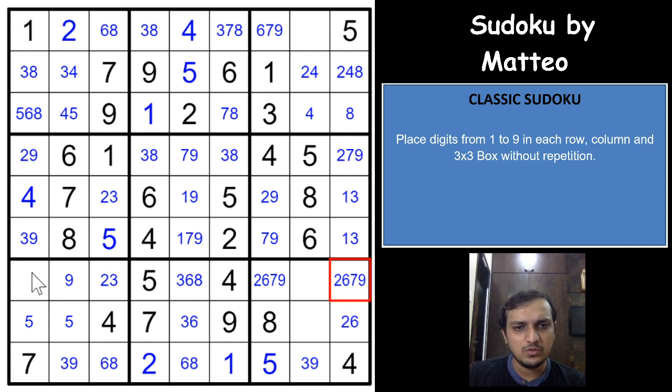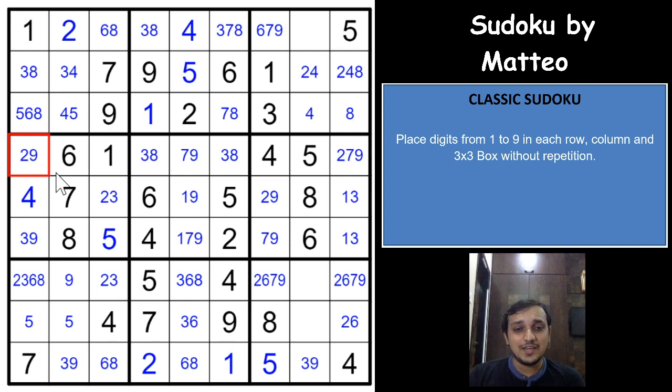Let us see this cell now. So 1 is not possible, 2 is possible, 3 is possible, 4 is not possible, 5 is not possible, 6, 7 is not possible, 8 is possible, and 9 is not possible, because you have a 9 here pointing right. Okay, let us see if we get any advanced logic here, some Y-wing or XYZ-wing or X-wing or something. Let us see that.